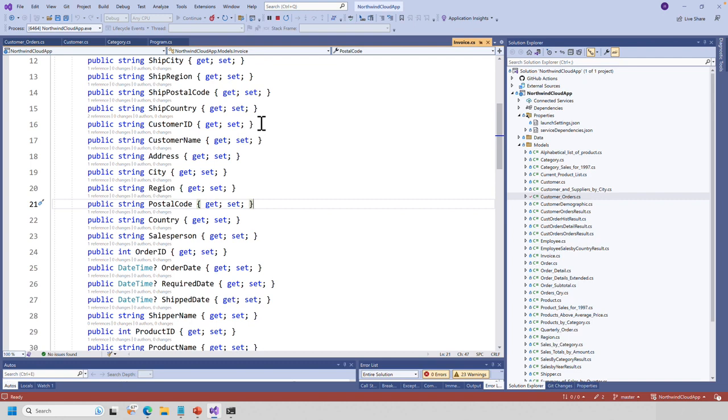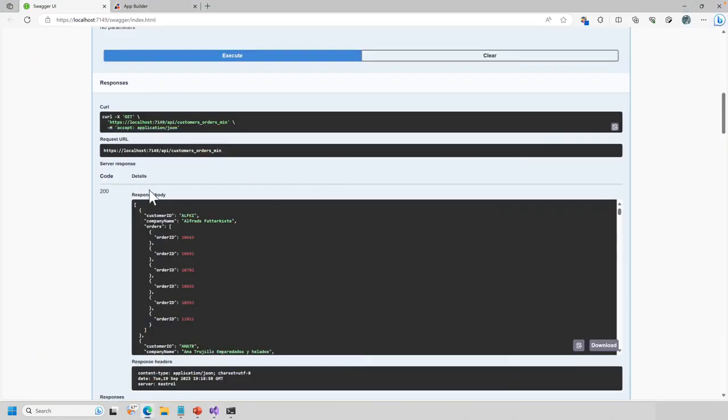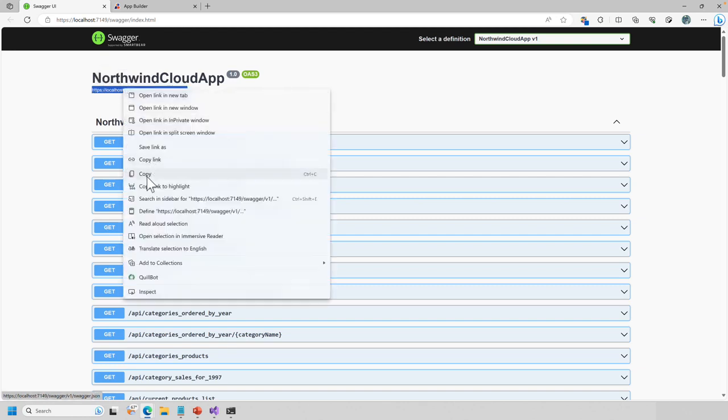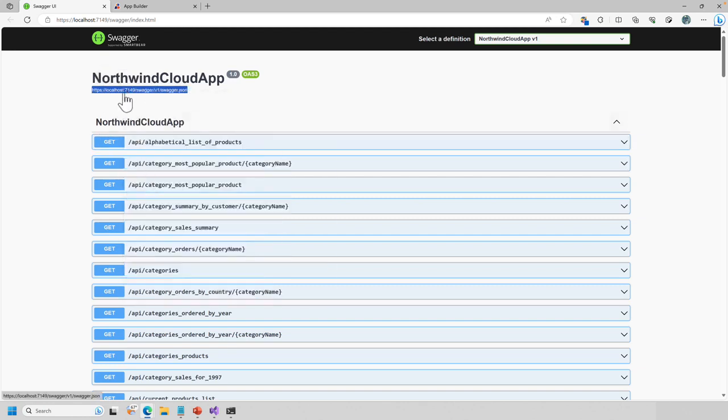I usually will only use what API is really targeted towards the example. And when I started this Northwind Cloud, I was just using straight up all of the entities. I just kind of mapped the tables to entities. So some of this stuff really wasn't completely thought through, but whatever, it is what it is now. And we are going to use this in our application. So let's go ahead and copy this localhost 7149. The reason I'm not using my Azure instance today is because I made some changes and I just didn't deploy